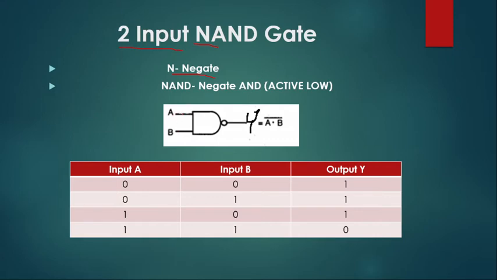That's why I have taken two inputs A and B, whose output is Y, and it will give you (A dot B) whole bar. Now one interesting thing I want to tell you about the NAND gate is that it is also known as active low. So what does it mean? If you look at the truth table, when both the inputs are 0, it will give you 1. When one input is 0 and another is 1, it gives you 1. 1 0 will give you 1, and 1 1 will give you 0. So what you can observe here is, when any one of the inputs is 0, you will get the output for sure as 1.